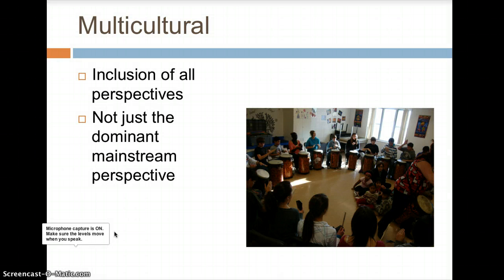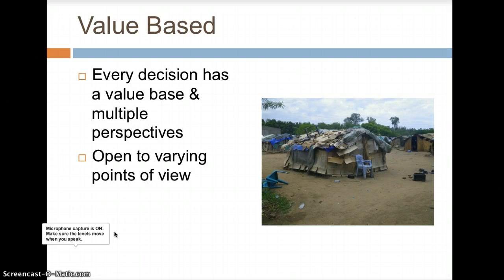The multicultural principle goes beyond culture and focuses on inclusion of all, such as cultural groups, religious beliefs, physical abilities, gender, sexual orientation, and socioeconomic situations, basically ensuring the mainstream view is not the only one heard. Every decision has a value base, and multiple perspectives are informed by different values. The value-based principle encourages teaching the importance of understanding diverse points of view.